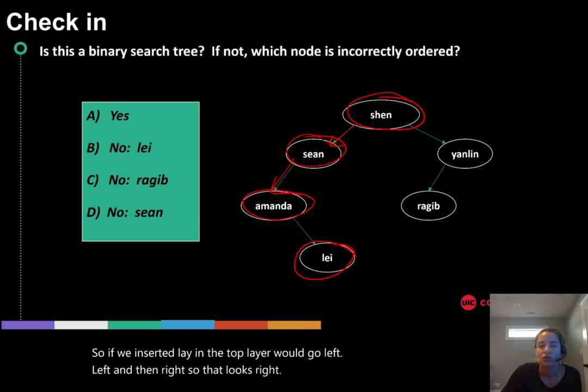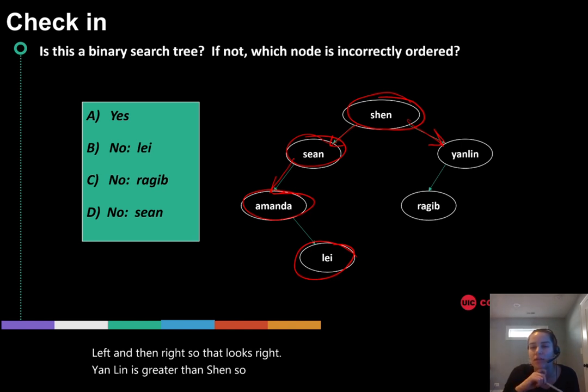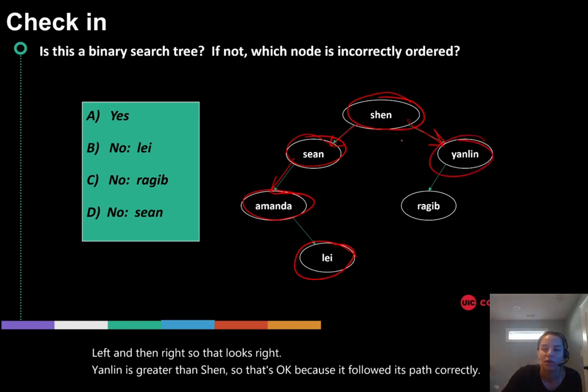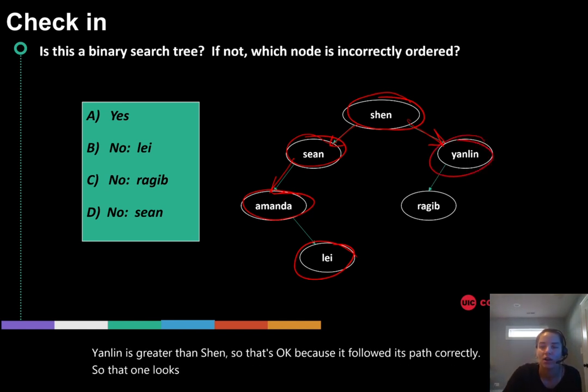Yanlin is greater than Shen, so that's okay, because it followed its path correctly. So that one looks good. And then Ragib is